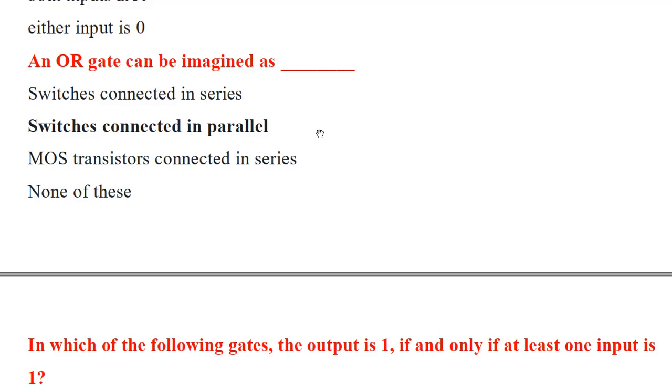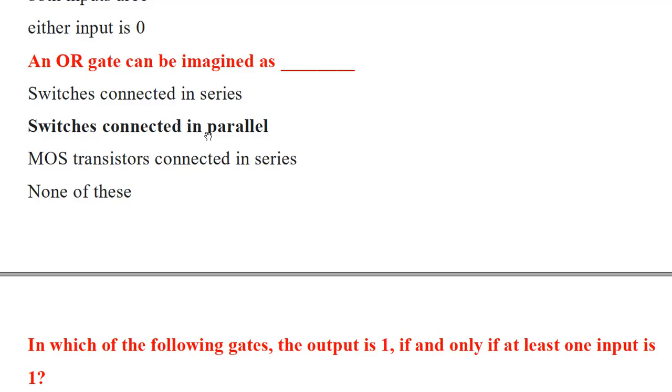Since they are connected in parallel, if any of the switches is on, then the current will pass from input to output and we will get the output. That's why we are getting it. And if both the switches are on, then of course the current will pass through both the switches. Of course it will divide, we don't have to go the theoretical way, but we will get the output as high. Yes, so for 0 1, 1 0 and 1 1 we will get the output. So that's why they are called switches connected in parallel.